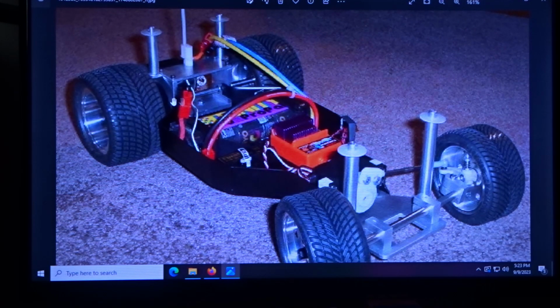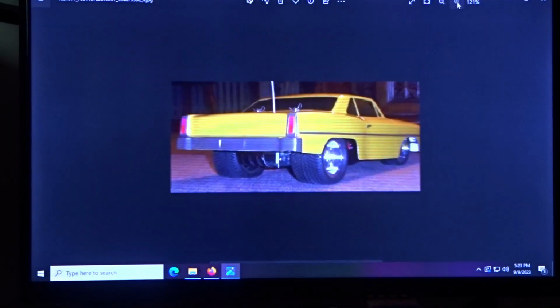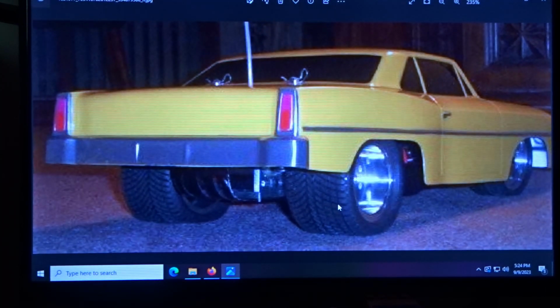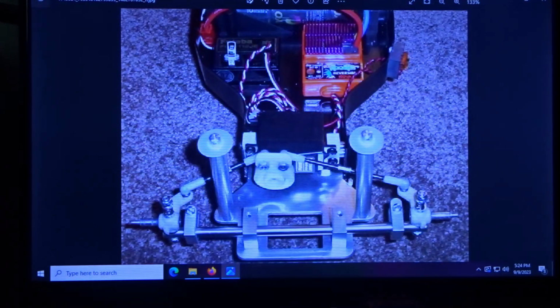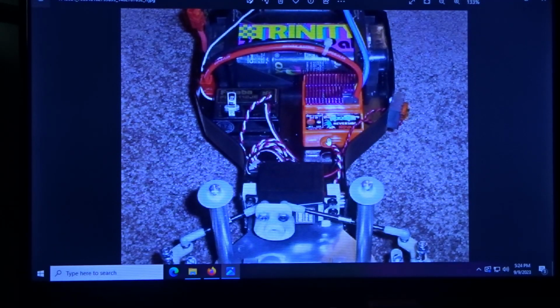And I tried these tires out, and yeah, they didn't work as good. And then the back view, with different tires before I put the license plate on it. And another shot of the chassis. So definitely running a servo saver, Futaba servo, Novak Super Rooster,